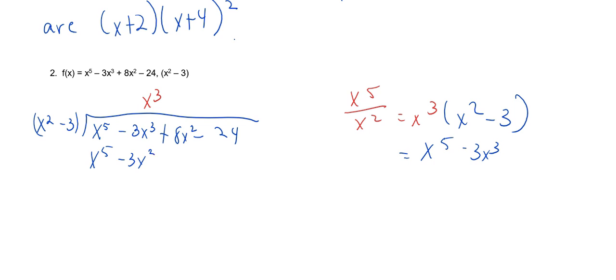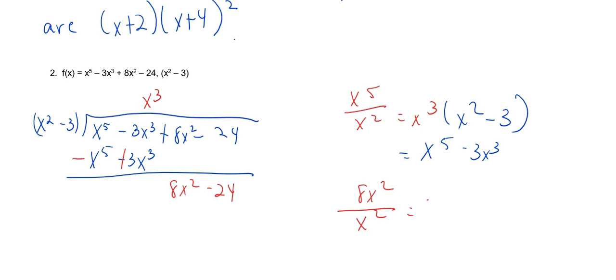So minus 3x cubed. Our bar there, and change those. First two terms actually now add out. So now we're just going to carry down what's left over. X squared subtract 24. We're now going to take x squared, we're going to divide it by x squared, and